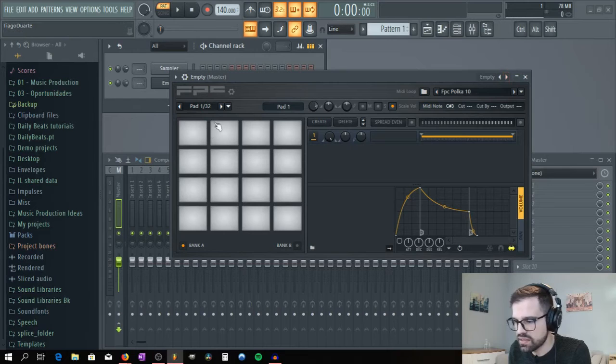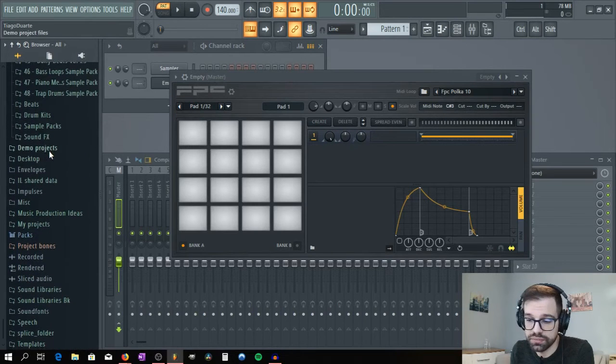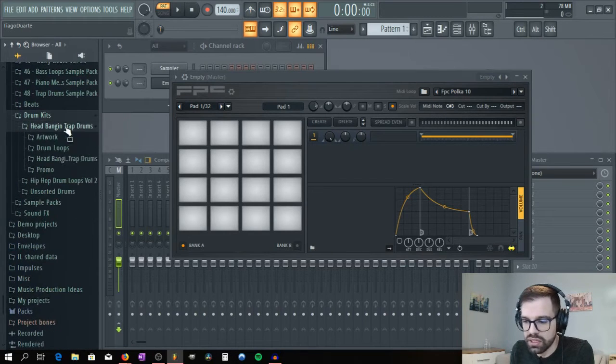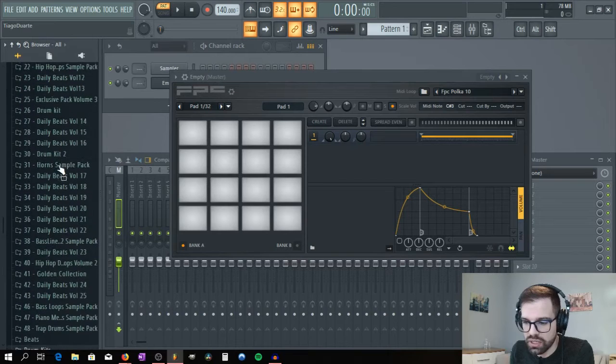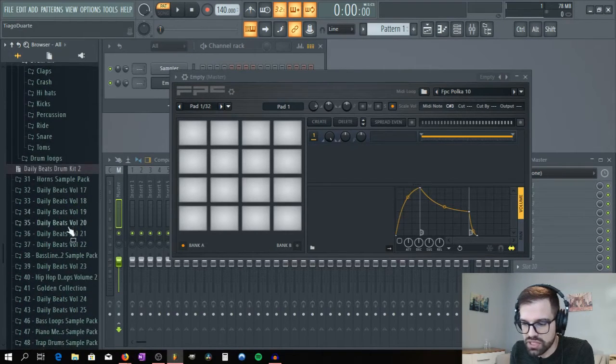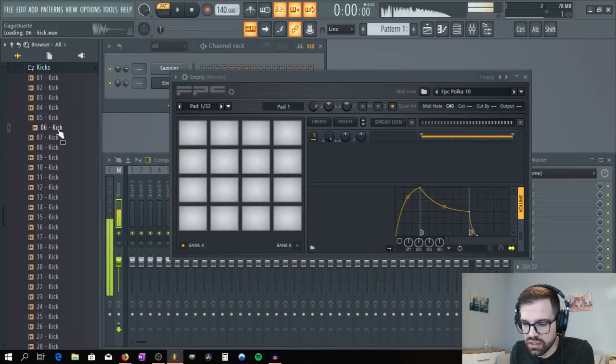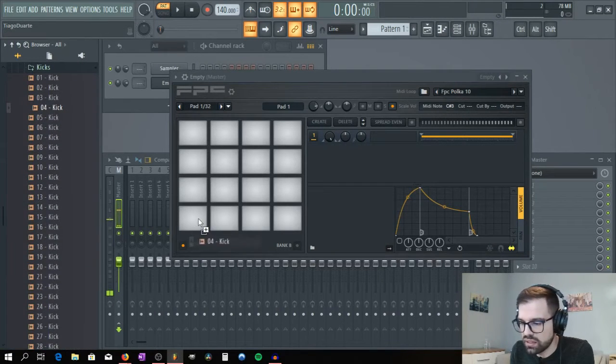And for instance, we have here the sample, the pads without anything. So now if I go, for instance, DailyBeats.pt, let's create a third and a fourth kick kit. Let's go here, add Bangin trap drums, or we can even go to drum kit 2, for instance. We don't just have to use the headbanging trap drums. Okay, so let's say I start loading some kicks